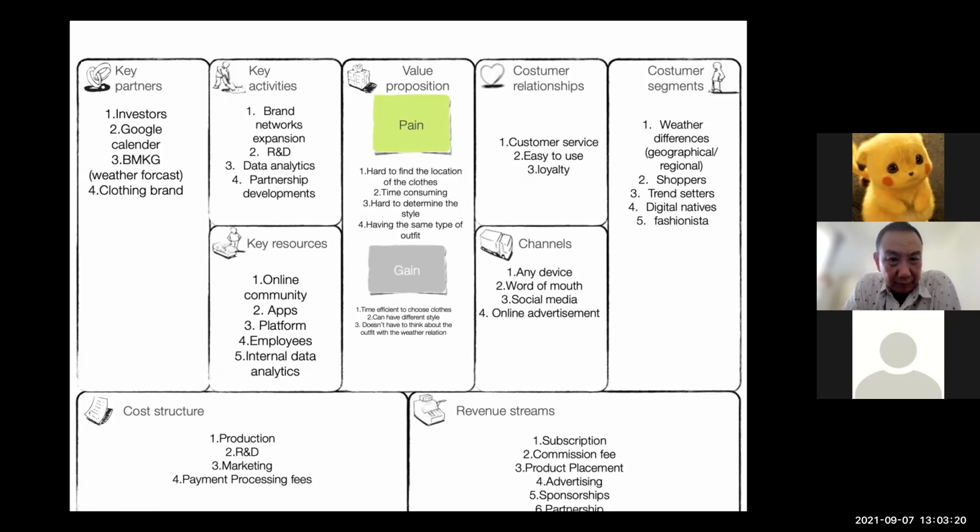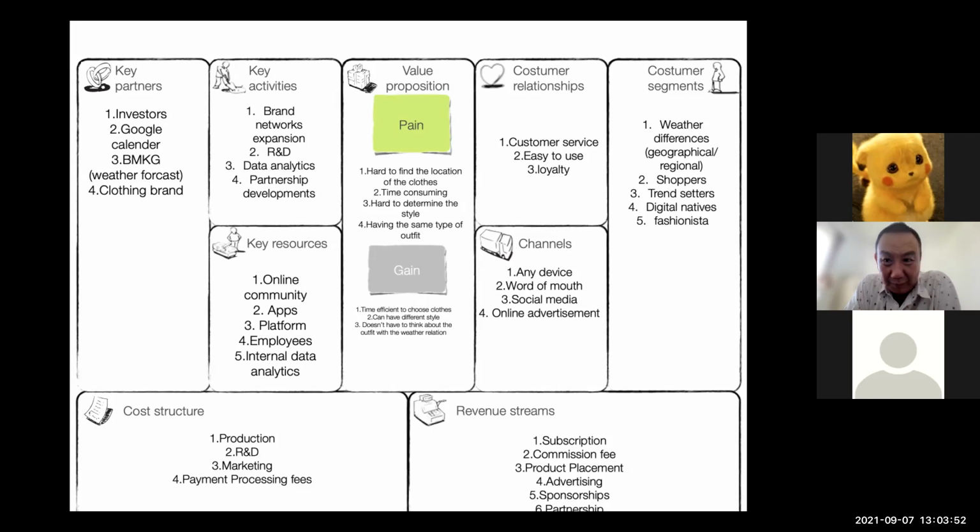And then for the value propositions, since it's hard for the customers to find the location of the clothes, like if you put it in the wardrobe and then later after weeks you don't know where it is, right? And it's gonna be time consuming, and then it's hard to determine the style, and then you're gonna have the same outfit over and over again if you just buy things you like, right? And don't consider other variables.